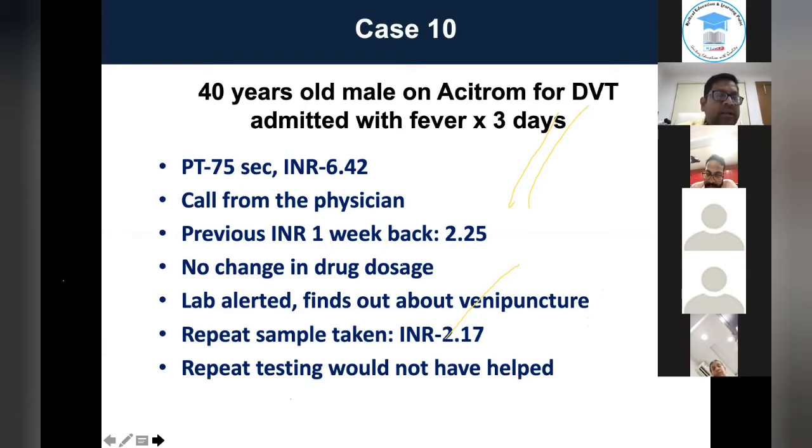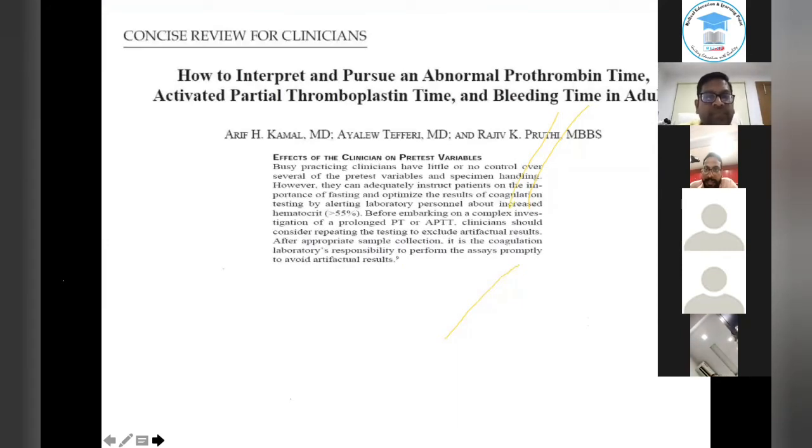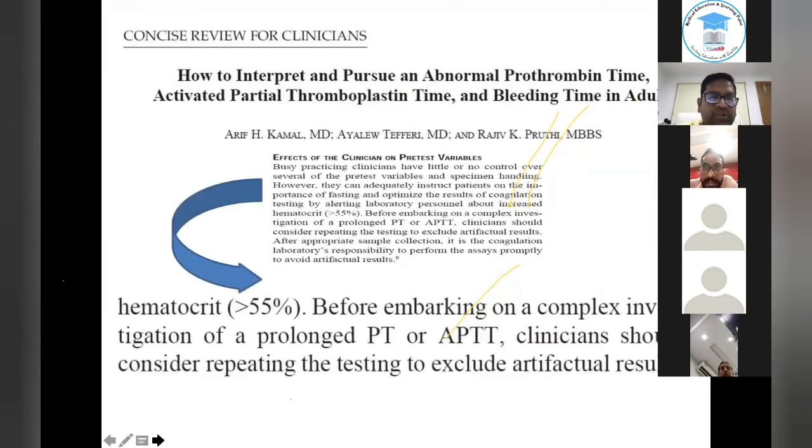Had the repeat testing not been done, the patient might have required a lot of FFP, because 6 is the critical value. So what you learn: a coagulation result out of proportion to clinical expectation must be repeated. Repeating a test in coagulation is not a crime, and it can be an artifact. There are papers which show how to interpret and pursue an abnormal PT, and they show that before embarking on a complex investigation of a prolonged PT and APTT, clinicians should consider repeating the testing to exclude